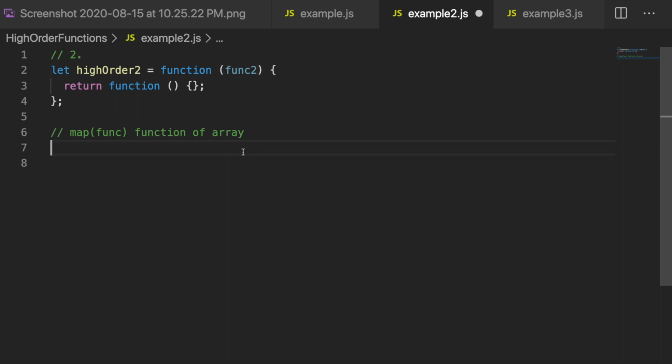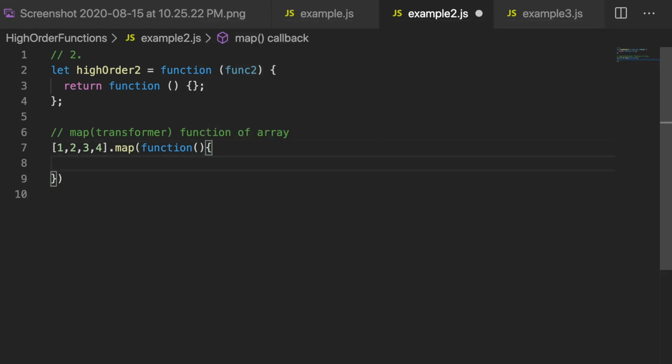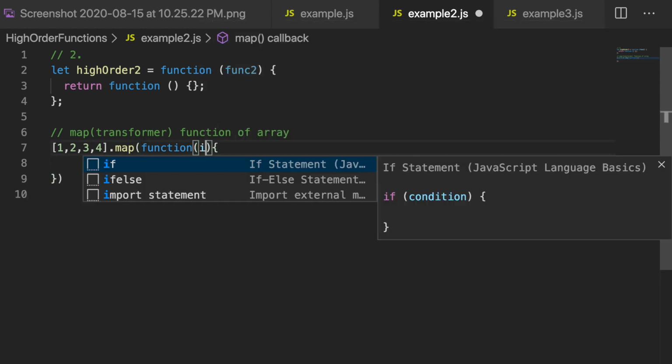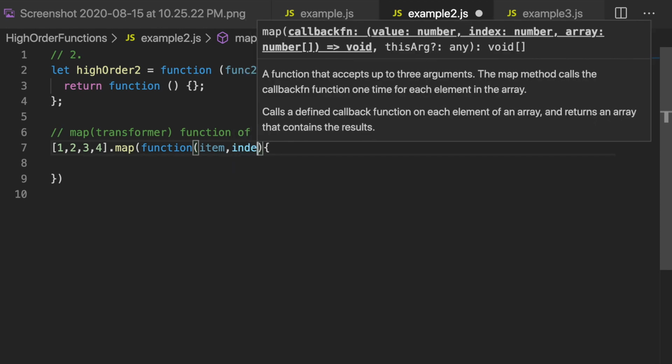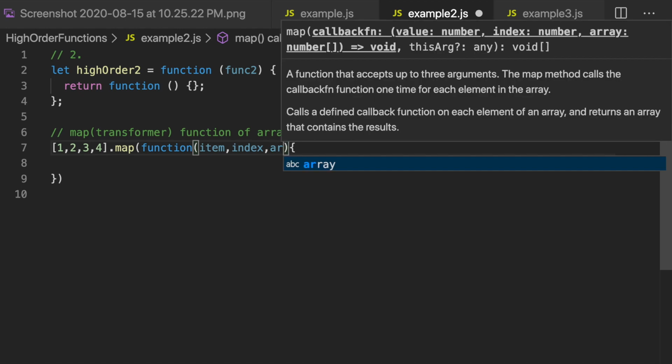We know that our map function takes, let's say, a transformer, and this transformer runs on each element of our array, right? So let's say our array looks something like this. We run a map function on this. Let me remove the comments. Our function takes an item, another thing it takes is the index, and the third parameter it takes is the array itself, right?